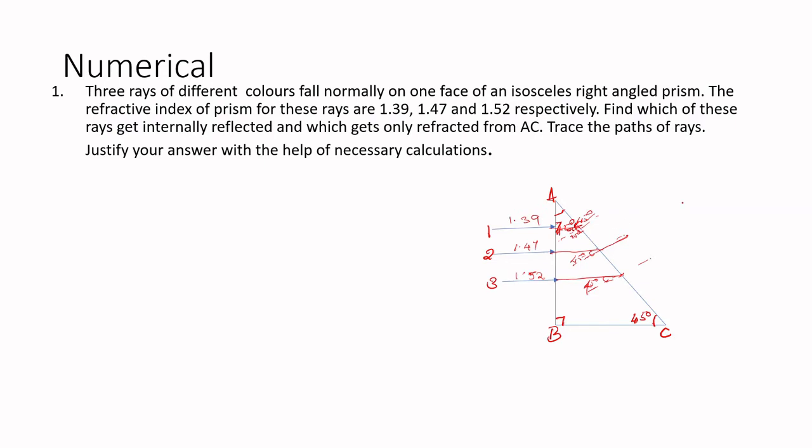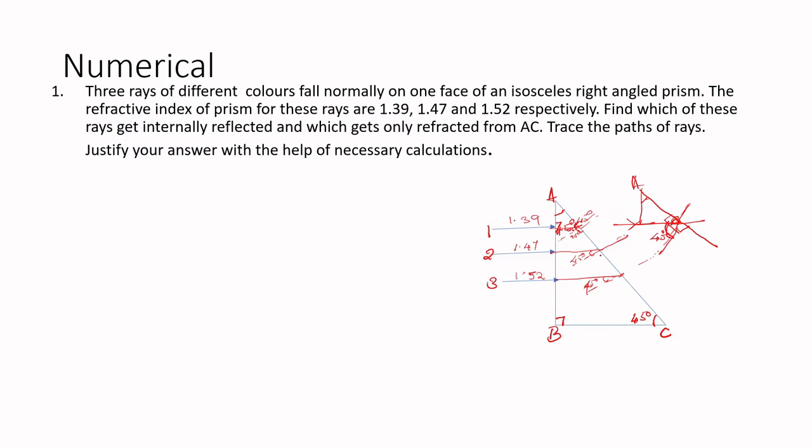So this one you might have understood by now. This is A. This is the point where the ray falls, and it goes straight like that. But here you see this is the normal, so this is 45 degrees. This one is also 45 degrees. The prism's surface is going like this. This is 90, this also is completely 90. But here there is a 45, so the rest of the angle will be 45 degrees. That is how we found this 45 degrees here.